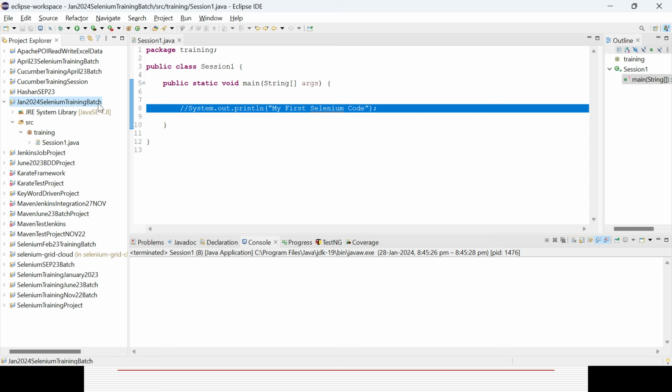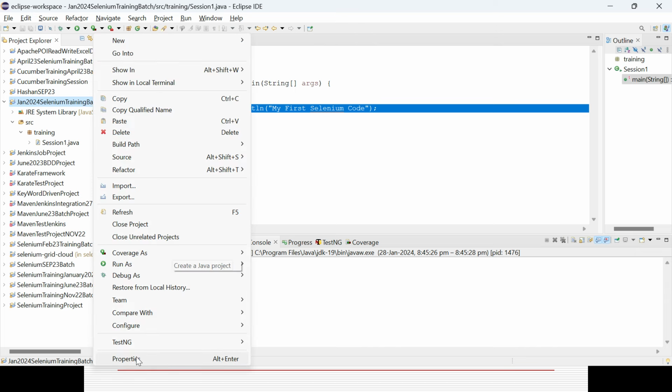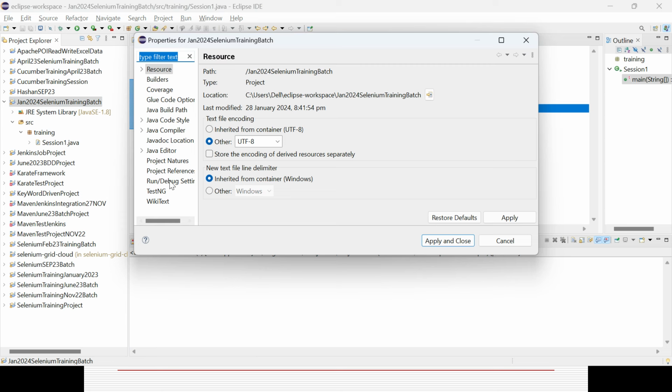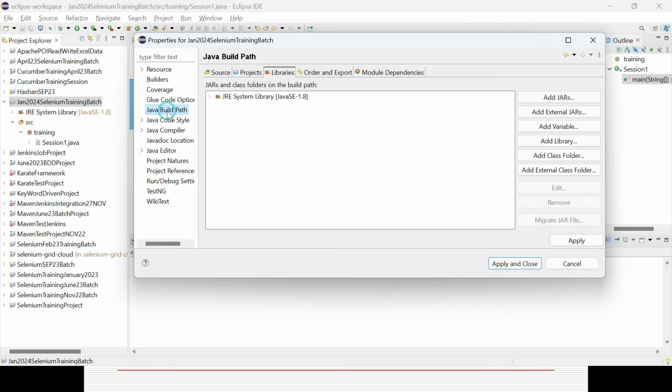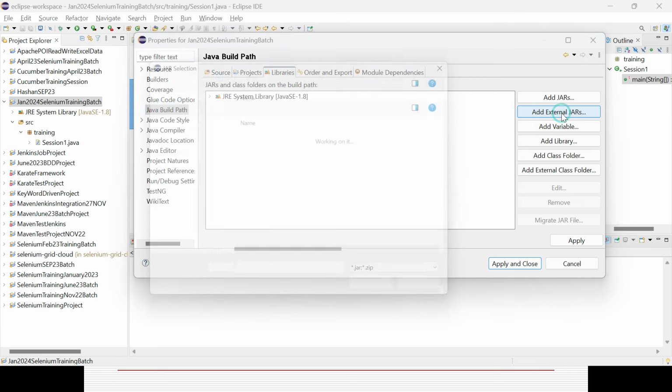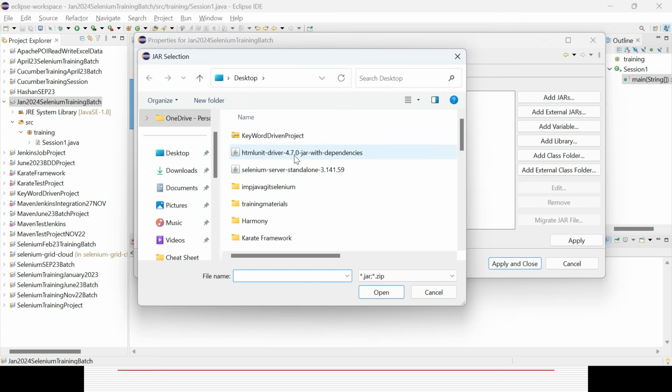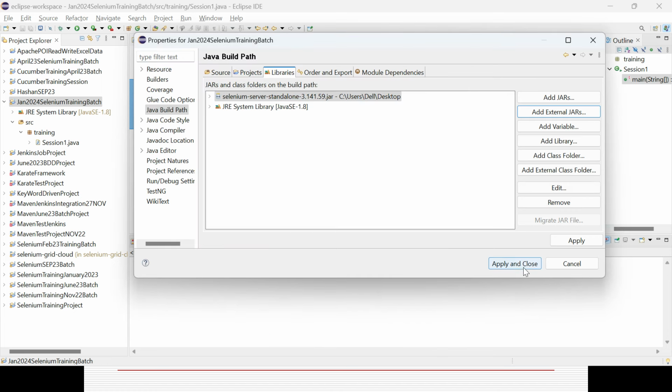Now what you can do is select the project, right click here, go to Properties, and there is an option called Java Build Path, and you can see here there is an option called Add External JARs. You can select your jar file, open it, and then apply and close.